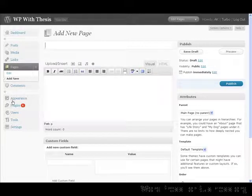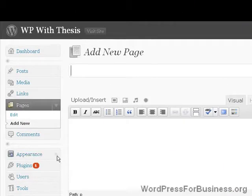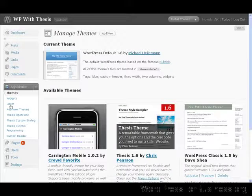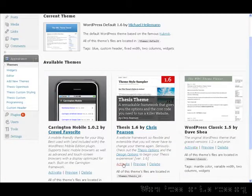Next, I want to show you how flexible WordPress is when it comes to design. Going down to the Appearances tab, I'm going to select the Themes option. A theme is kind of like a template, and it affects the look of your website. There are hundreds, if not thousands, of themes available for WordPress, so you're sure to find one that suits your needs. I'm going to activate the Thesis theme here. Thesis is a paid theme that I use on pretty much every WordPress site that I set up for myself or for my clients. To activate Thesis, I'm going to go down to the Thesis theme here, click on Activate,